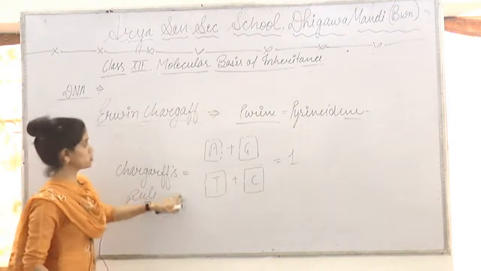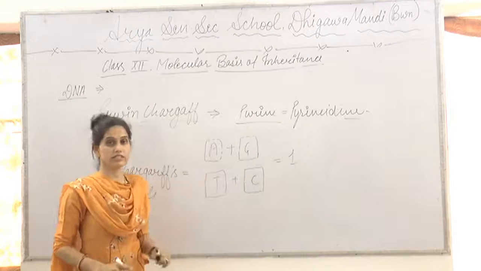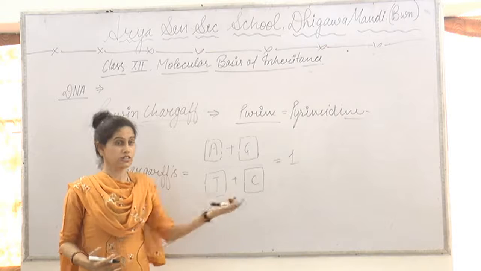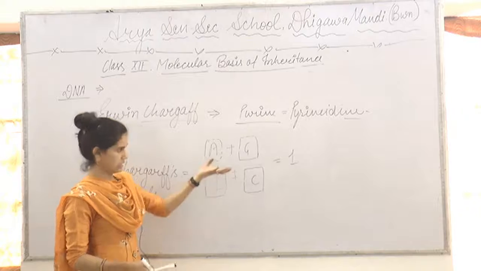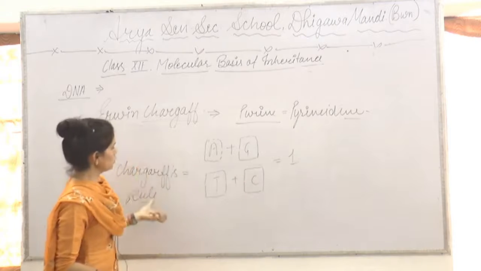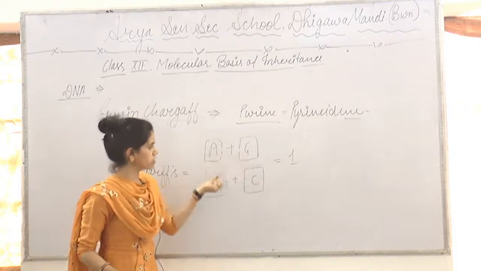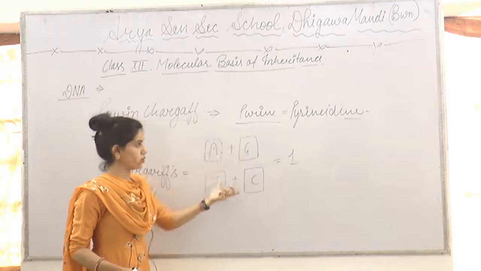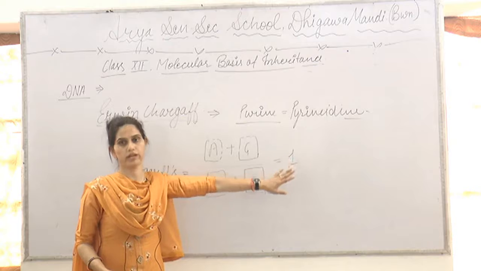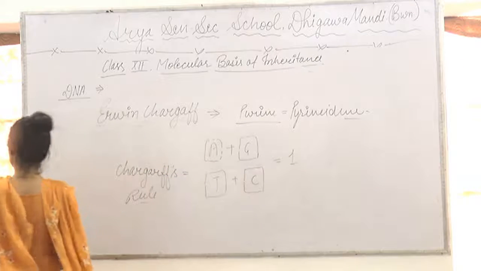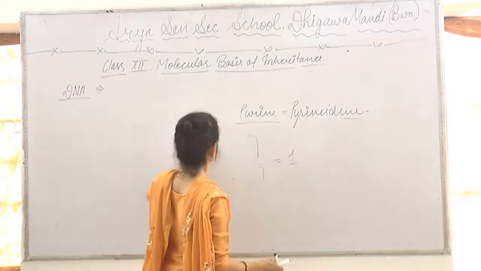There are many numericals which cover this topic. Adenine will be given, guanine will be given, thymine's number will be given, and then you will be asked how much cytosine is. So you can solve such numericals on the basis of this rule that is known as Chargaff's rule, and it shows that purine is always present with the pyrimidine and their ratio will be 1. Okay. Now we come to the next topic, and that is known as central dogma.